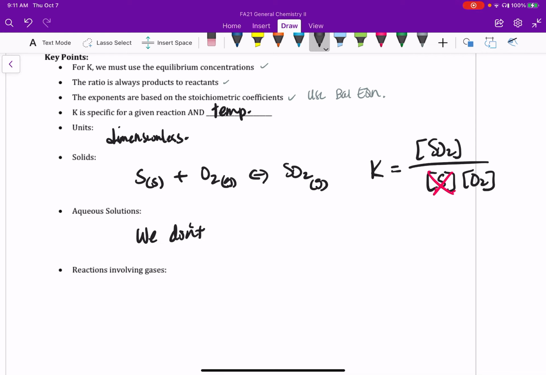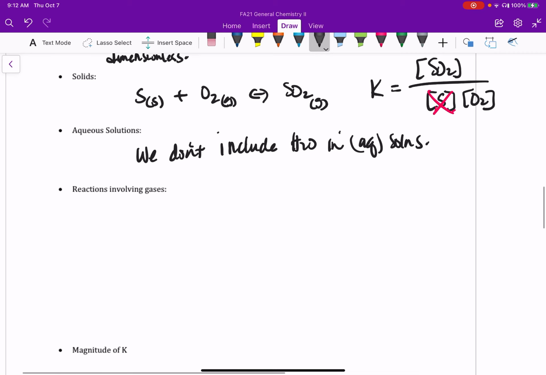So if I'm working with an aqueous solution, we don't add water anywhere in that equilibrium constant because the water is just present in such a large amount, it's not changing, right? And it's not necessarily part of the reaction. So we don't include water in aqueous solutions. Okay, we also can have reactions involving